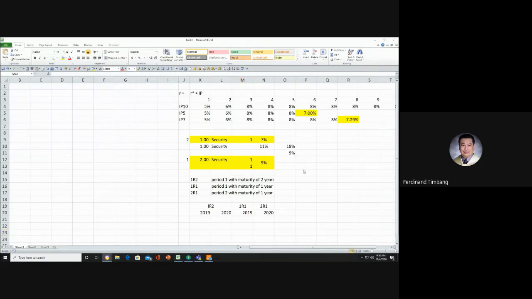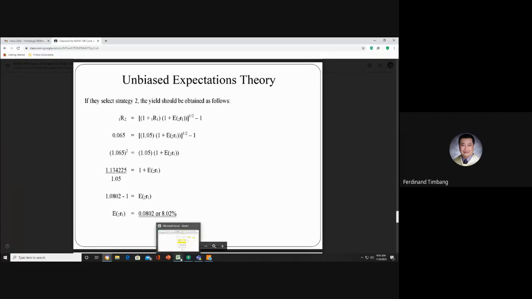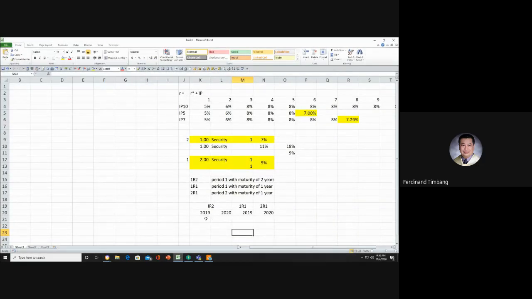Okay, so kaya ganun ang ibig sabihin niya, no? Tapos meron tayong formula rito na exponent 1.5 minus 1. Okay, so doing the algebra, mas magaling kayo sa algebra sa akin actually, no? So after that, ibig sabihin lang yan, dapat pagdating ng second period, with 1 year maturity, dapat yung interest rate niya ay 8.02%.